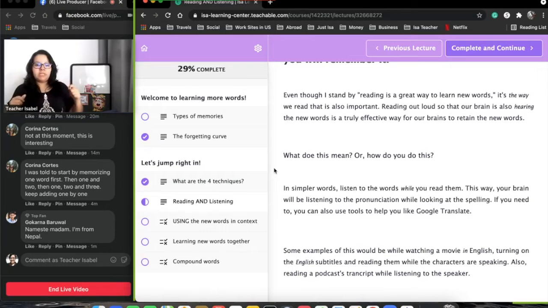Now we're not only just listening randomly, we're also listening to the pronunciation. We're looking at the spelling of the word. Yeah. So if you do this on your own, if you're just reading a book or an article or something online, anything on your own, that's okay too. The only thing is that you might run the risk of not catching the pronunciation because you're listening to yourself